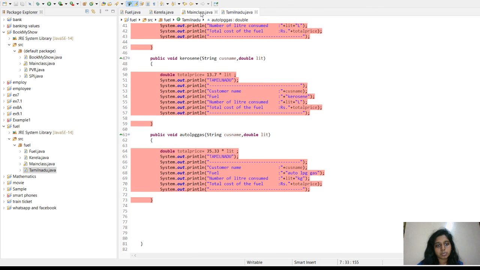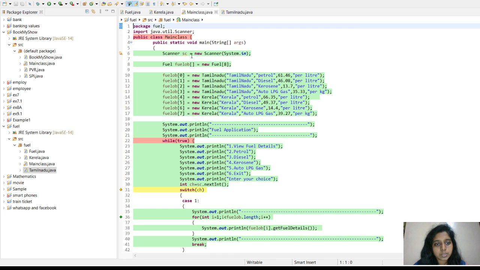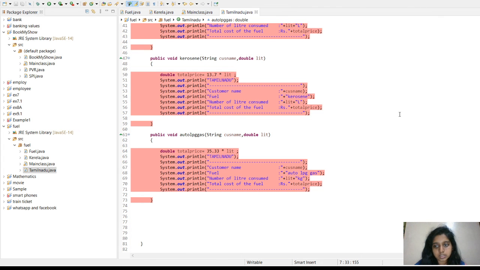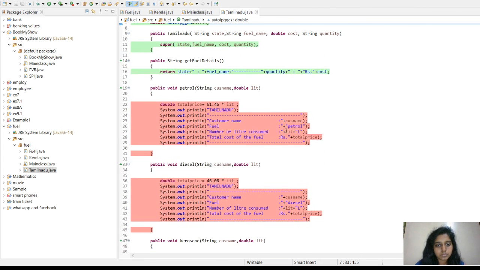So let's move on to the main class. In the main class, the whole details will be displayed when this string get fuel detail function executes.